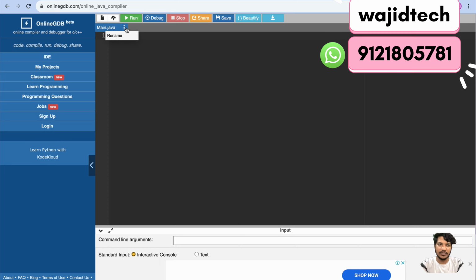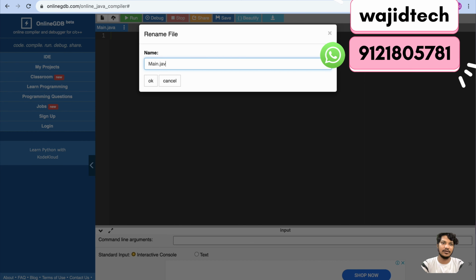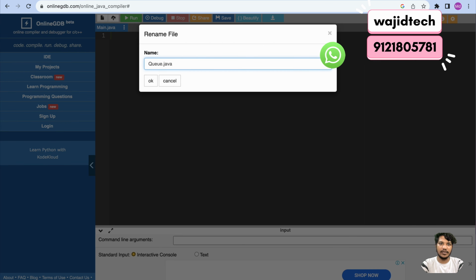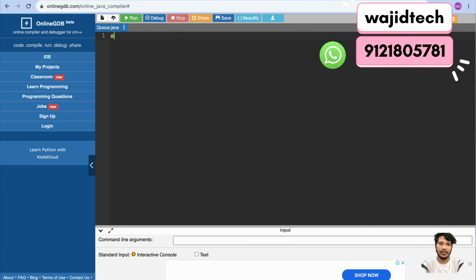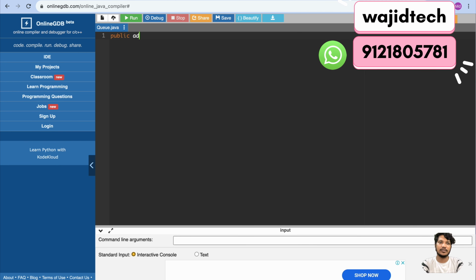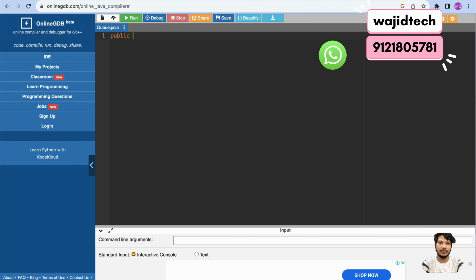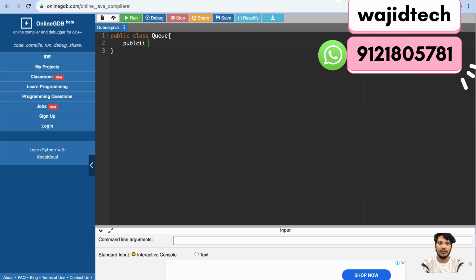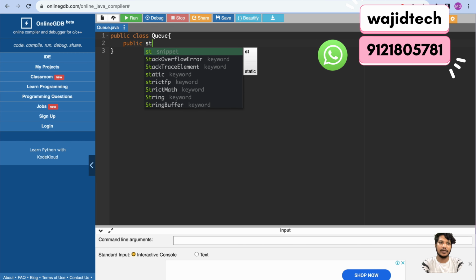We are removing this and renaming the file, I'm calling it queue. So we are implementing a queue operation. To start, I'm assuming you have an idea about the Java language, so public class queue is the name of it,